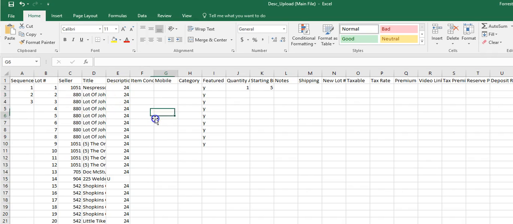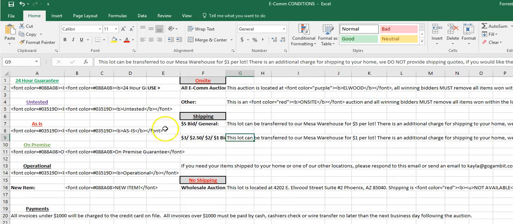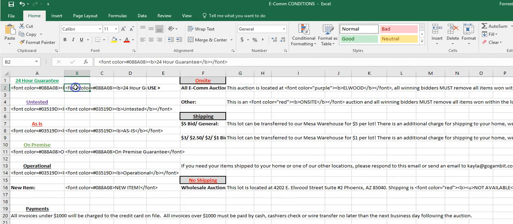So to go ahead and start setting up your spreadsheet, you are going to need to open another spreadsheet, and this is going to be your ecom condition spreadsheet. And this is going to have the HTML code that tells the software what to put in the description field. So back over to your description upload spreadsheet,